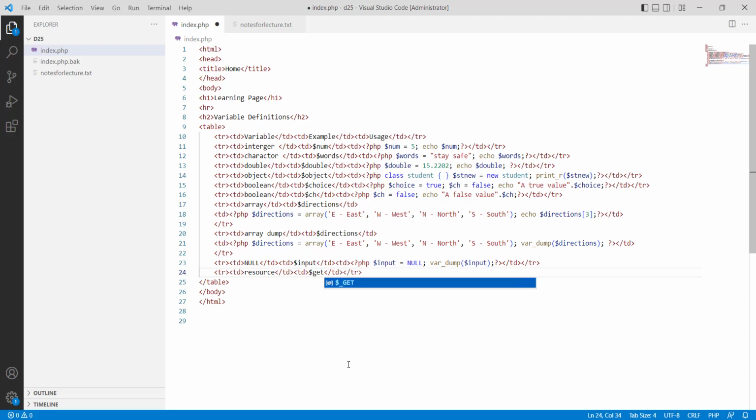So the first one can be a get, and let me just copy that and paste that, and then the next one can be a post. In other words, what we are saying is when the page is run, we want to get a specific resource. When the page is run, we want to post a specific resource. So we can simply do it this way, where for our get rather,